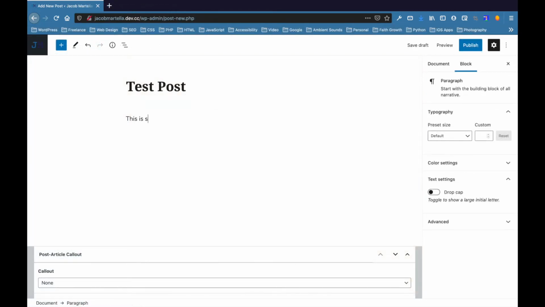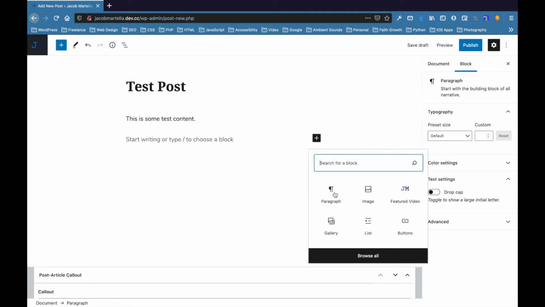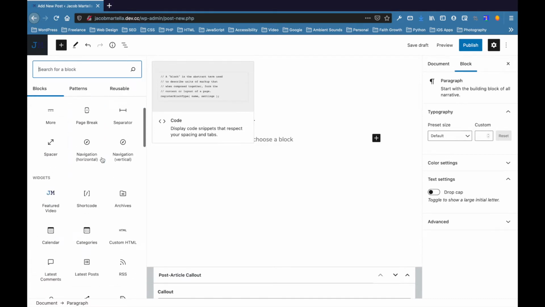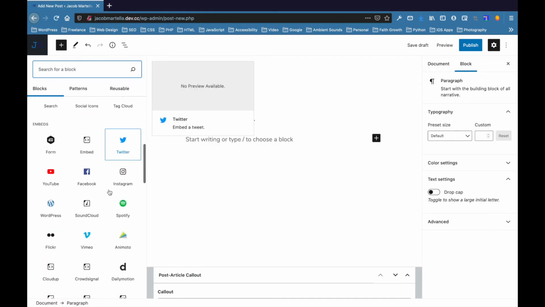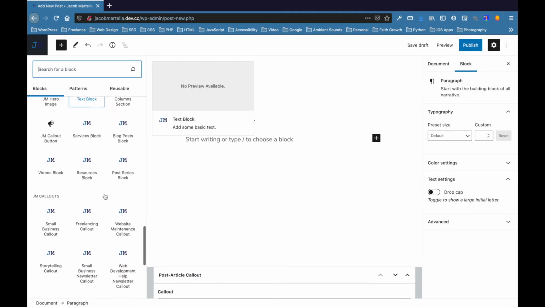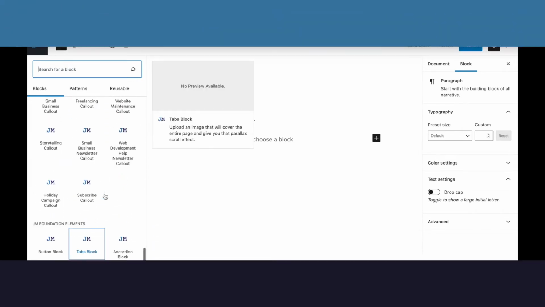Next, how you insert a block is a little bit different. You still hit the plus icon to add a block, but the modal that appears only lists a few blocks. You can still search for a block there, but to view all of your blocks, you need to hit Browse All. From there, a left-hand menu will open with a list of all of your blocks to choose from. Ideally, after updating to 5.5, you might just want to create a draft on your website and simply play around with the editor to get a good feel for it.